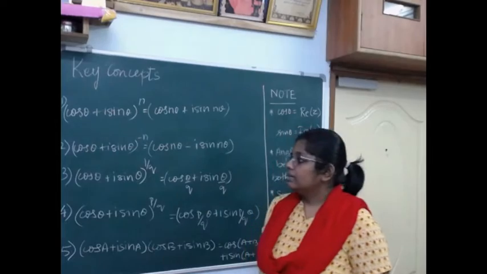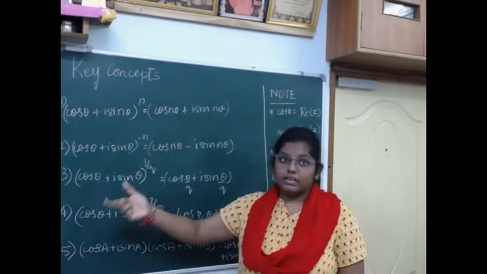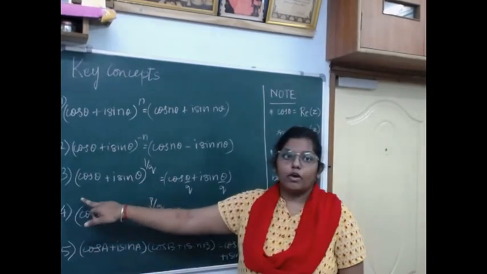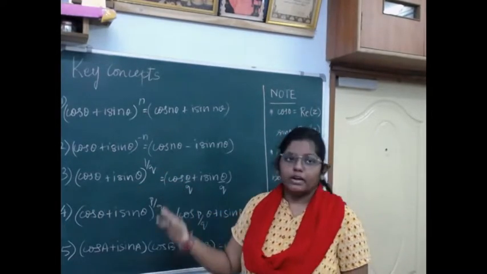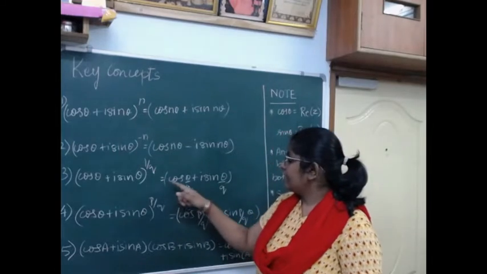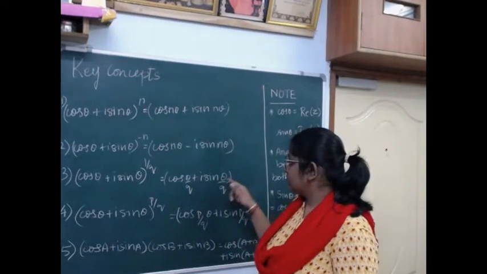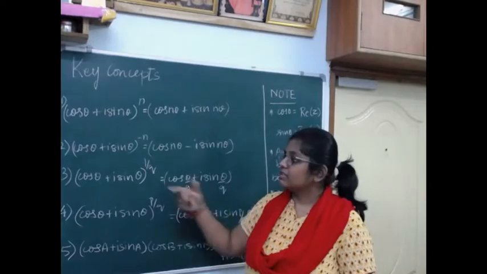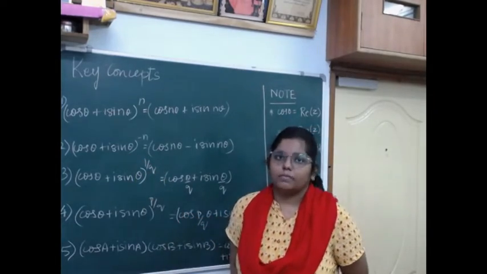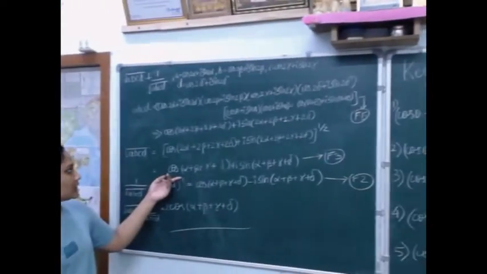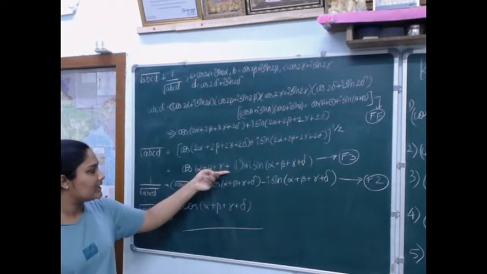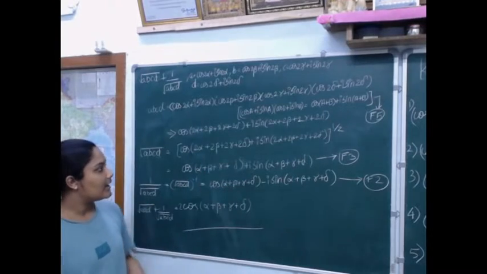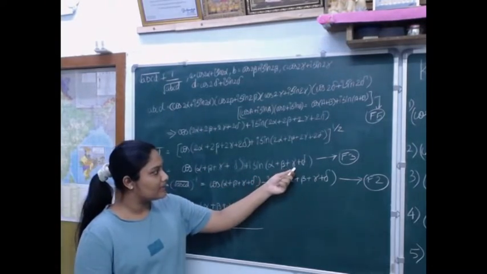So we know what ABCD is, and the formula which we are applying is the square root formula, that is formula number 3: cos theta plus i sin theta the whole power 1 by 2. So square root can be written as power 1 by 2, and that is equal to cos theta by q plus i sin theta by q. In terms of q, we are substituting 2 here because the square root is 1 by 2. So the resultant of that will be cos of alpha plus beta plus gamma plus delta plus i sin of alpha plus beta plus gamma plus delta.